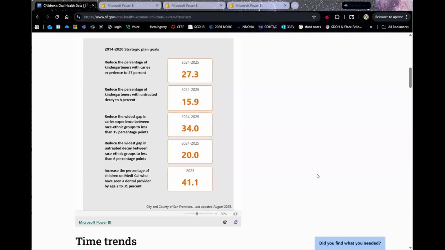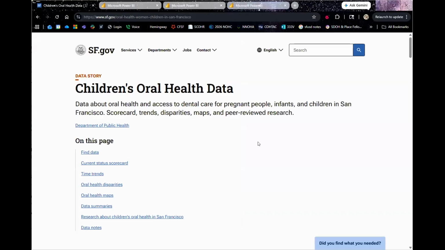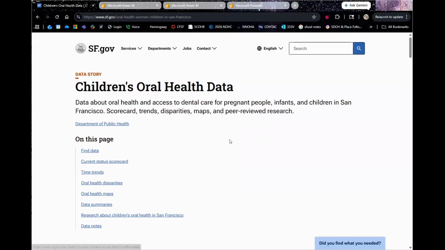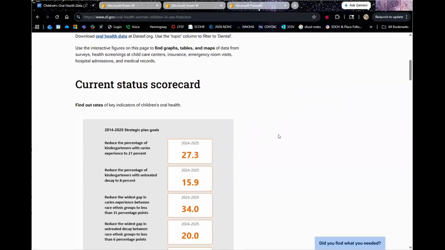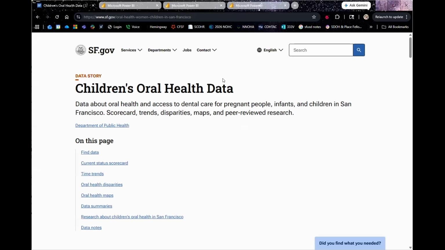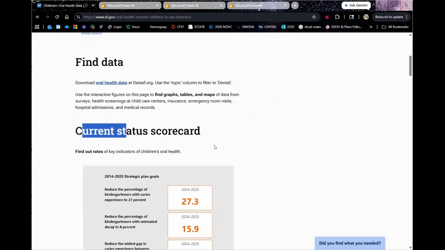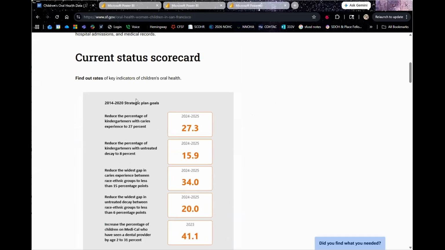So our dashboard, give me one second as I orient with all of my multiple screens, really went live in February when we had the public release of our strategic plan, the health improvement plan. So we wanted to make sure that anybody who engages with our health improvement plan also has access to these data. I'm going to scroll through it real quick. There's a status scorecard with some of our strategic plan goals.